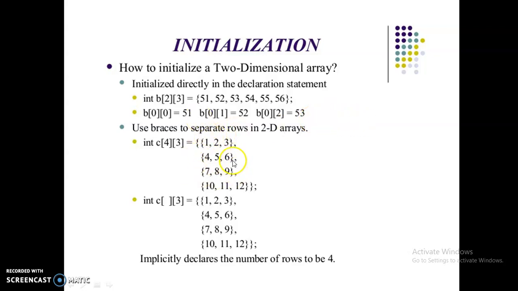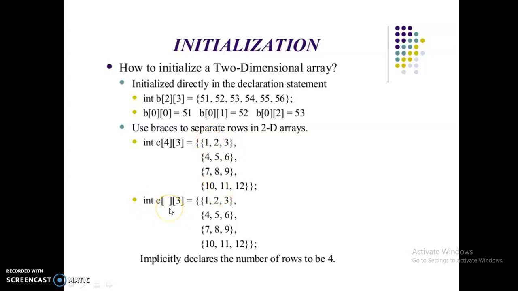This is another format of initialization of data in matrices. The matrix or array name is C, the row size is 4 and the column size is 3. Within the set brackets, 4 different rows of data are given here. This is the input of the first row, this is the input of the second row, this is the input of the third row, this is for the fourth row. This is 4 rows, 3 columns. So 1, 2, 3, 3 columns, 4 rows.